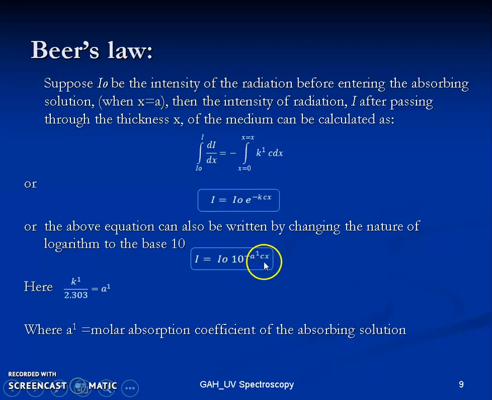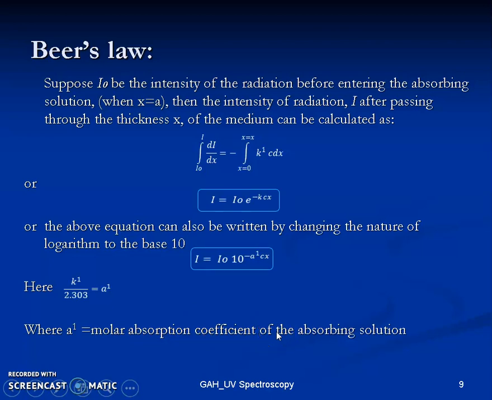Now it is A dash Cx. I want to change this from A to A dash because the absorptivity is expressed in moles per dm cube, so I am writing it as A dash Cx. C is the concentration term, x is nothing but the thickness. So here K dash by 2.303 is A dash, and A dash is nothing but again an absorption coefficient. Since we have expressed the concentration in moles per dm cube, now it becomes the molar absorption coefficient of that particular